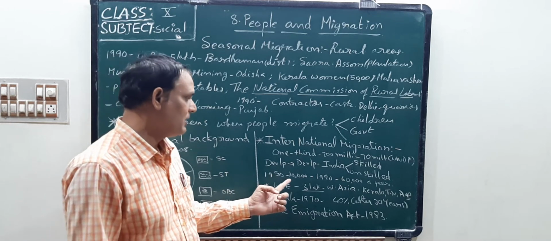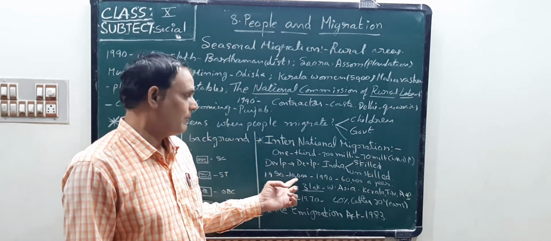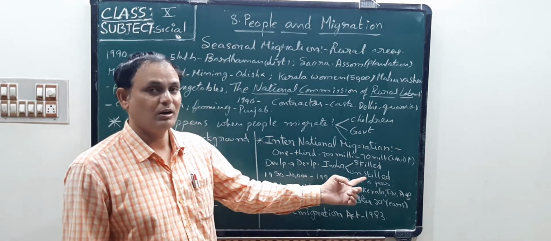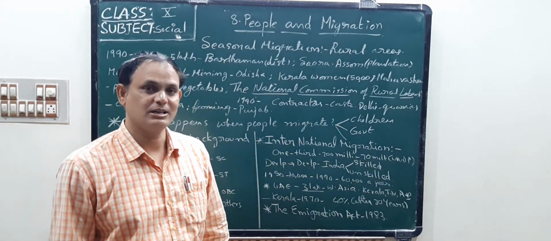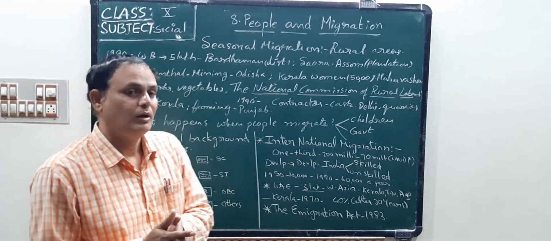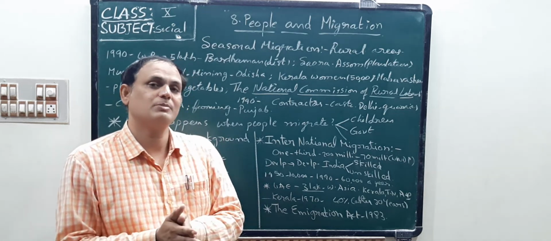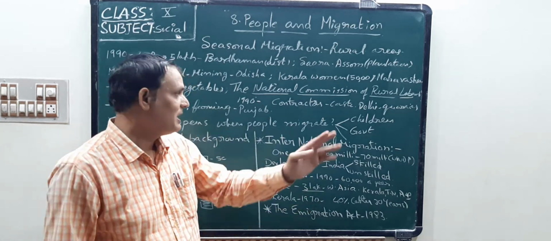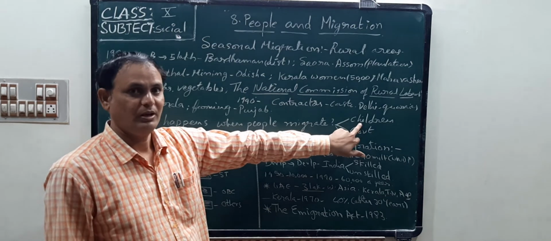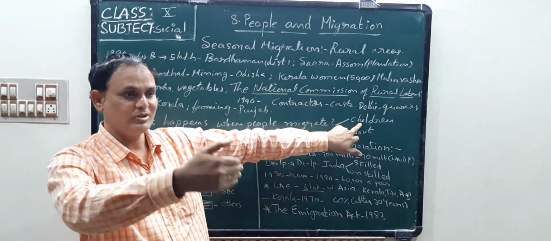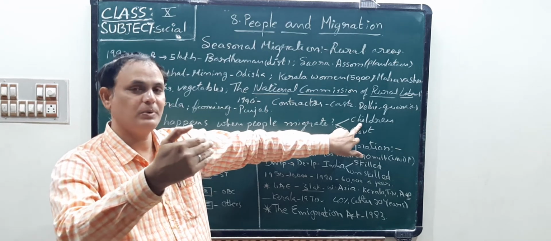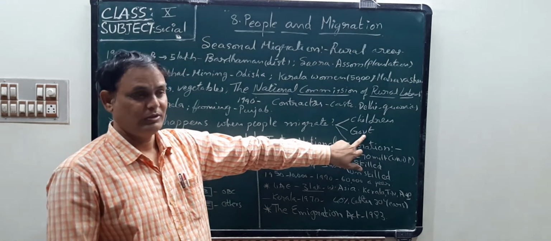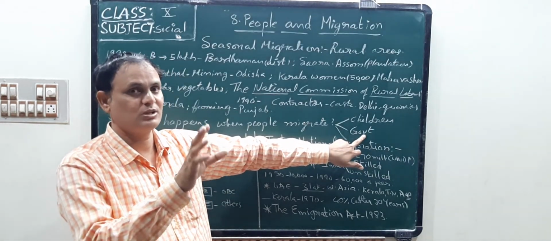In 1950, 10,000 people migrated, but by 1960, that means every year, 60,000 people are migrating from our country to other countries. So what is the importance of this migration? What are the benefits of this migration? What happened when people migrated from their hometown to other places? Here the children will suffer. If rural people go along with their children, these children may become dropouts. Next, even for the government, it is difficult to provide all facilities to the migrant people.